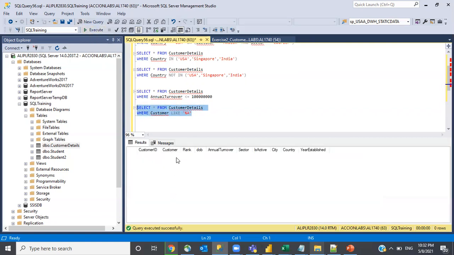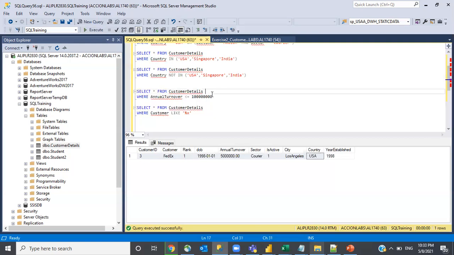There are no customers ending with the A. Suppose let's say I am putting an X. I want to show the customers who are ending with the X. Now you see there is a customer FedEx whose name is ending with X. That's why you are able to see this, right? And you can keep on adding as many conditions as you want. With the other operators, you keep on adding all the various conditions that you are looking for. This is how we can use the like operator.